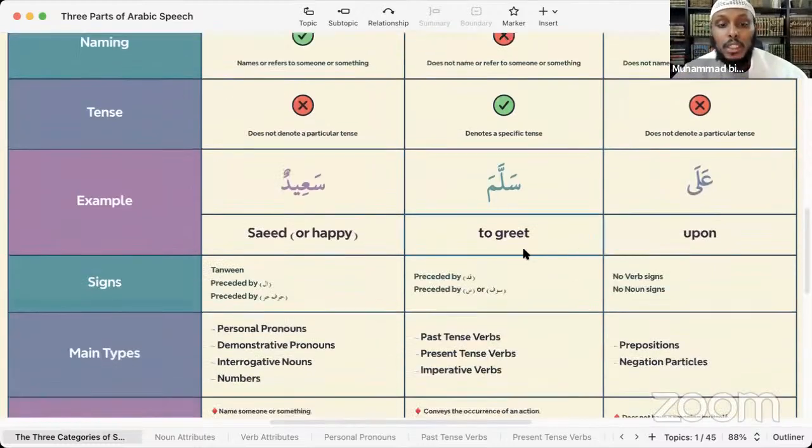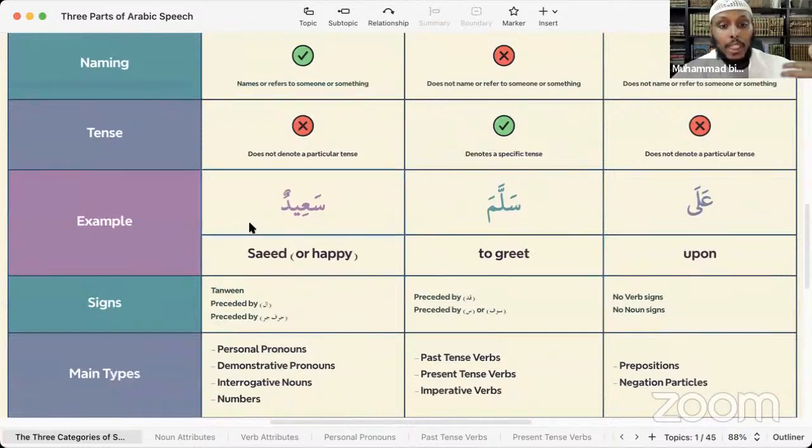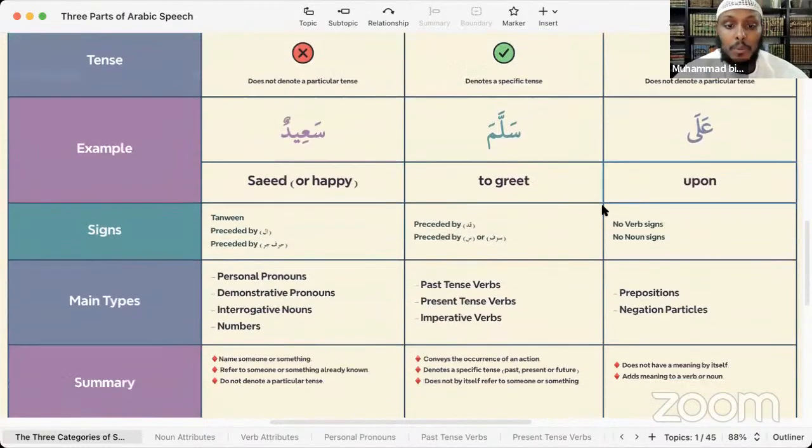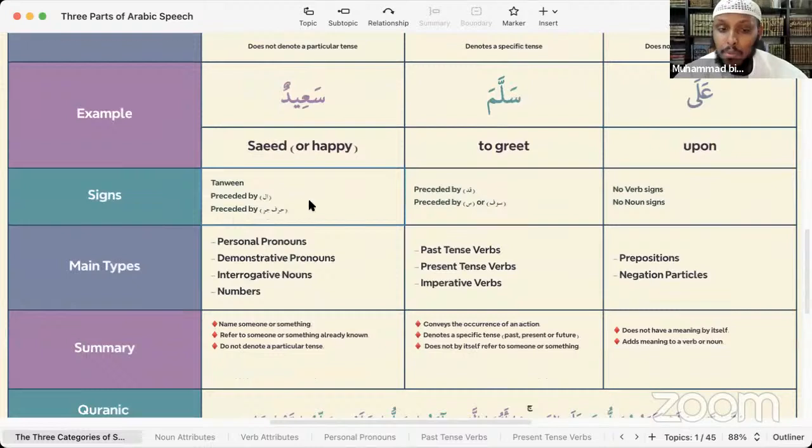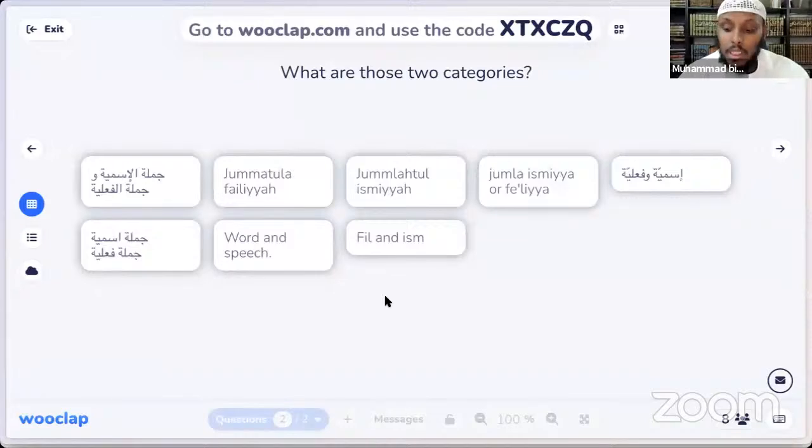Okay, so I'm going to share this with you, inshallah. I want you to read it. It's in English. You have the examples in Arabic and English. You have the signs. Okay, these are the signs. The author, we're going to go back to the book right now. I'm going to show you what the author has mentioned. The author has given, let's go to the ism, for example. Let's start with the ism. He said,